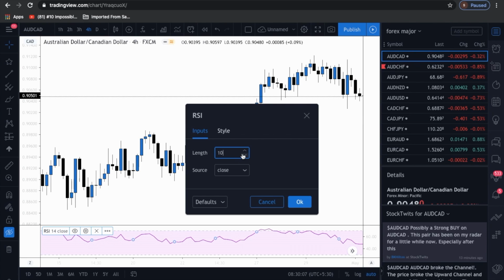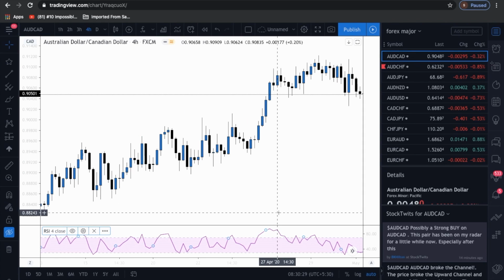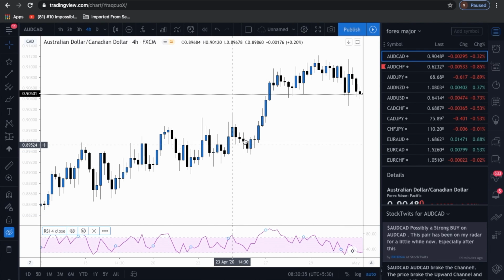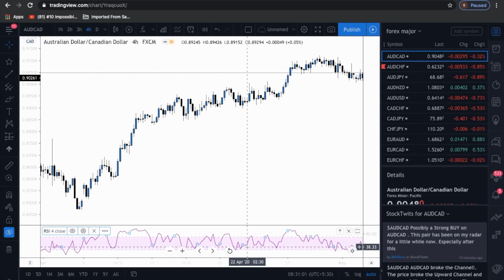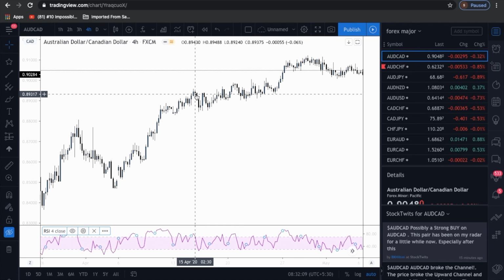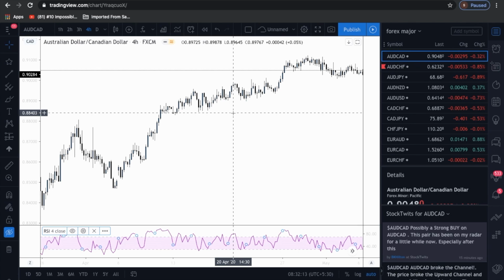For example, let us keep the length or the period of the RSI to 4. As we kept the period to 4, you can see that the indicator has become very sensitive to the price movement. What I mean is, it is very quickly giving us overbought and oversold signals. By using a lower period, you can get many setups, but it becomes much less reliable and gives too